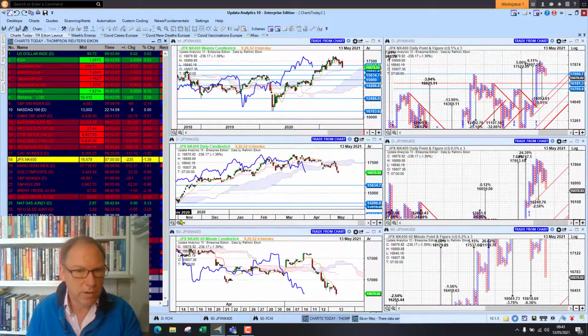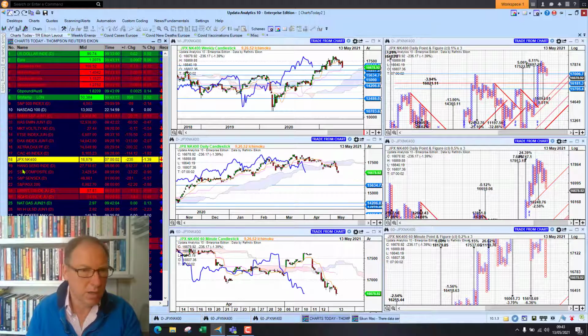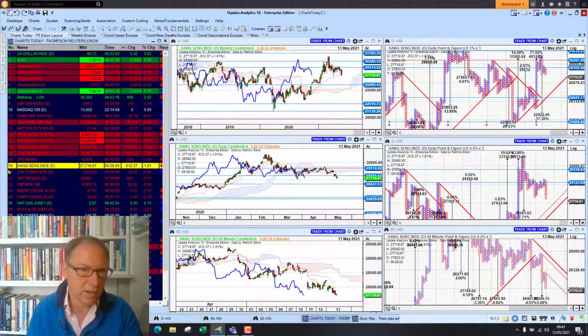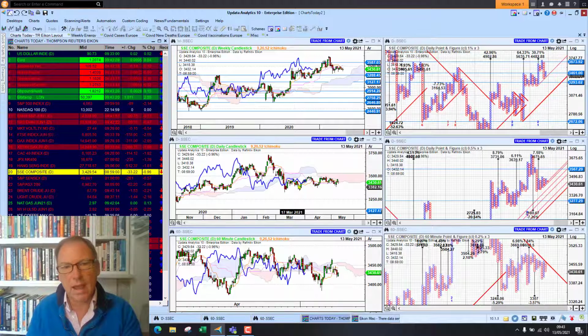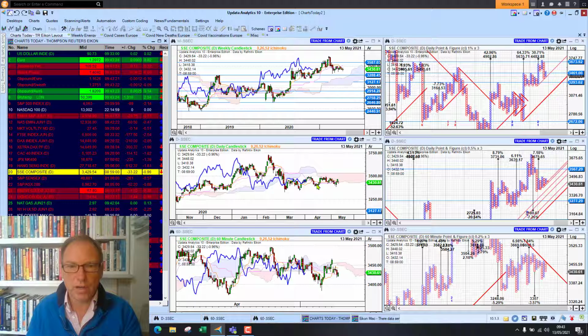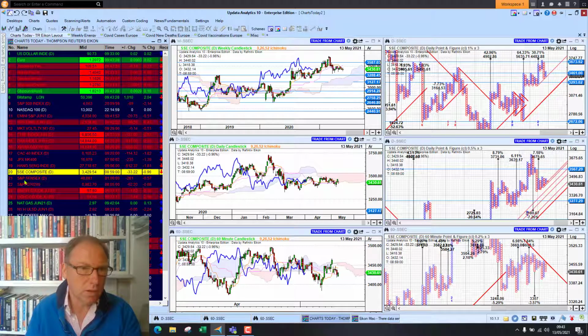Japan sold off as well, down 1.4%. And if we look at that, that's turned bearish on the medium-term chart. When we look at the Hang Seng, that's down 2%. That's also bearish on that medium-term daily chart. And China down 1%. Actually has been bearish for a little while below the cloud there on the short and medium-term chart, but we still do have strong upside targets on the long term.